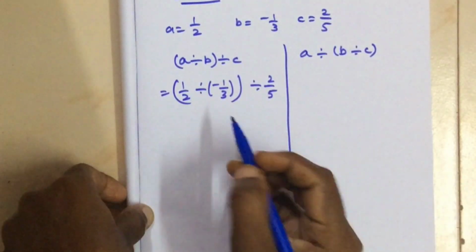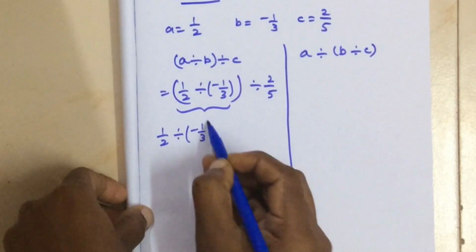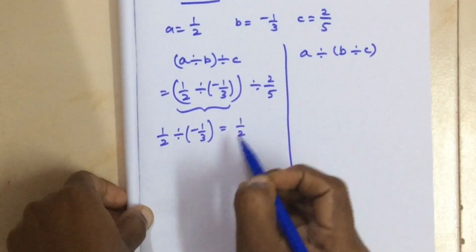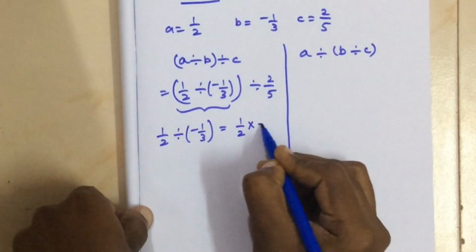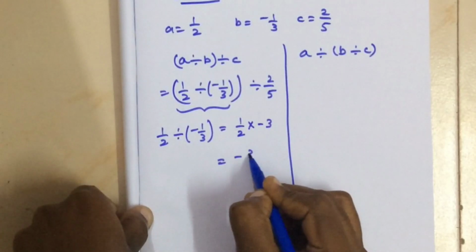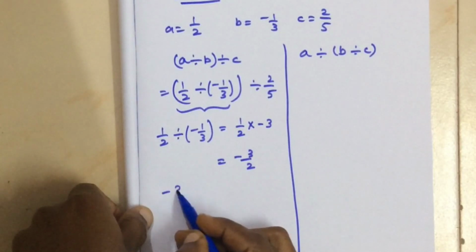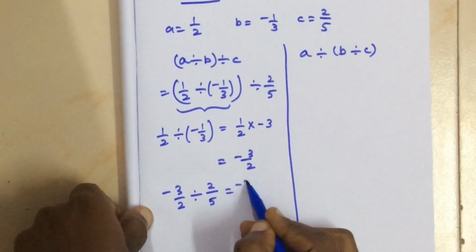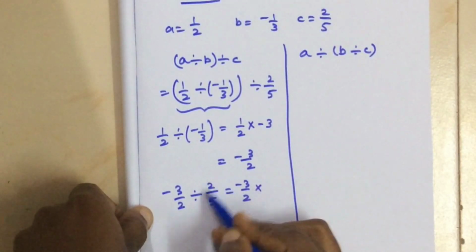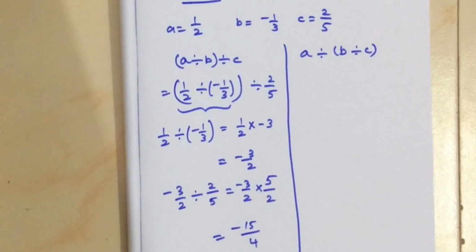So what you should solve here is, first this thing you can solve, 1 by 2 divided by minus 1 by 3, which is, so I want to, here is a division symbol, if you want to convert to multiplication you have to take the reciprocal of this, which is minus 3. So this is equal to minus 3 by 2. So instead of this I can substitute minus 3 by 2. Minus 3 by 2 divided by 2 by 5, that is equal to minus 3 by 2 multiplied by, take the inverse of this, 5 by 2. So 5 3s are 15 by 4. Plus into minus minus, 5 3s are 15 divided by 4.